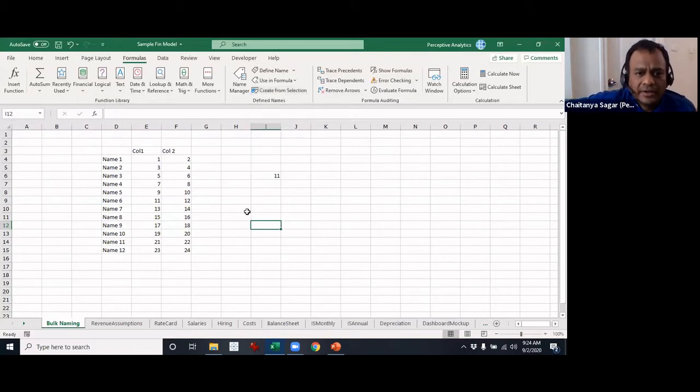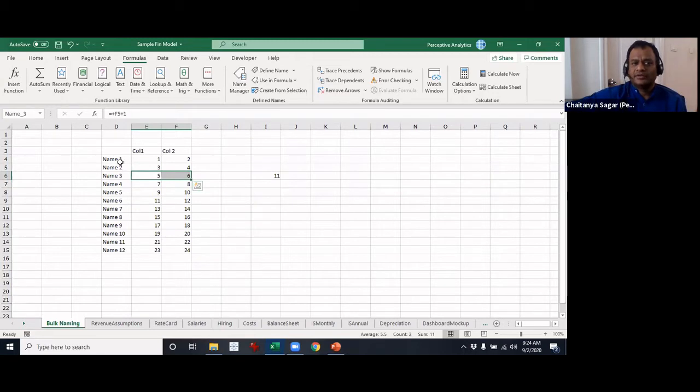Okay, there are one or two things here that I'll show you. You have an option to create from selection as well, and I'll tell you how to do this. For example, this is the whole table, and in this table, let's say you want name 1 for these two rows, name 2 for these two, name 3 for these 3, and so on and so forth.